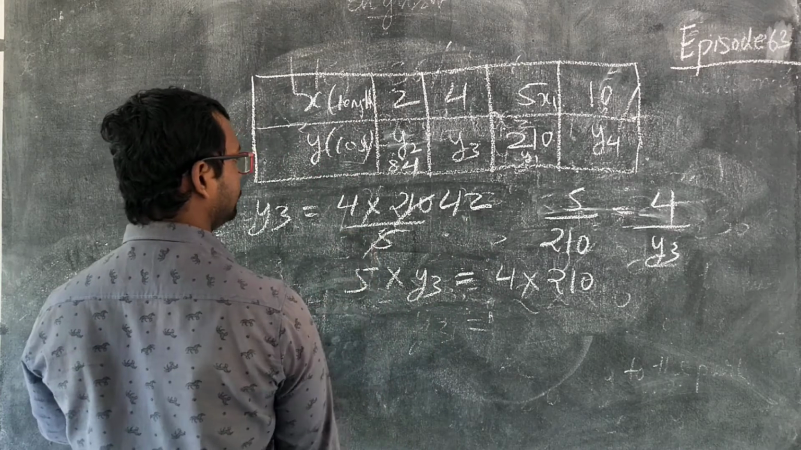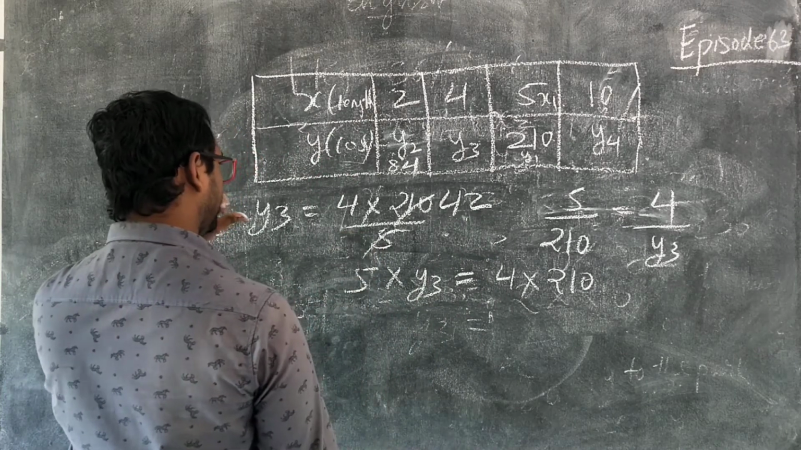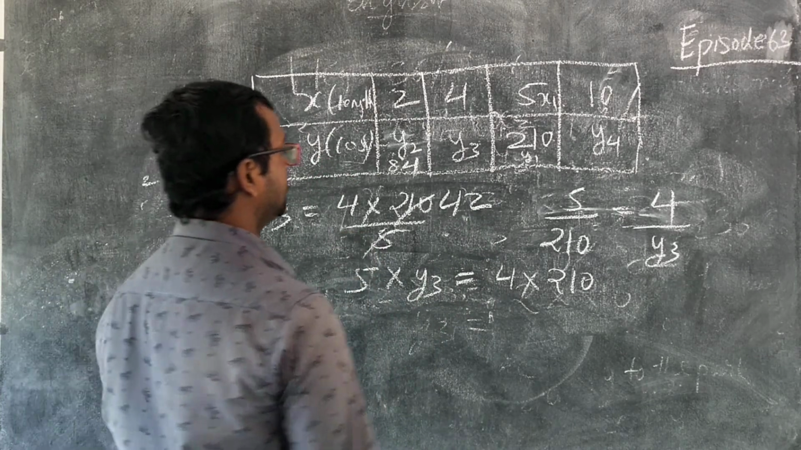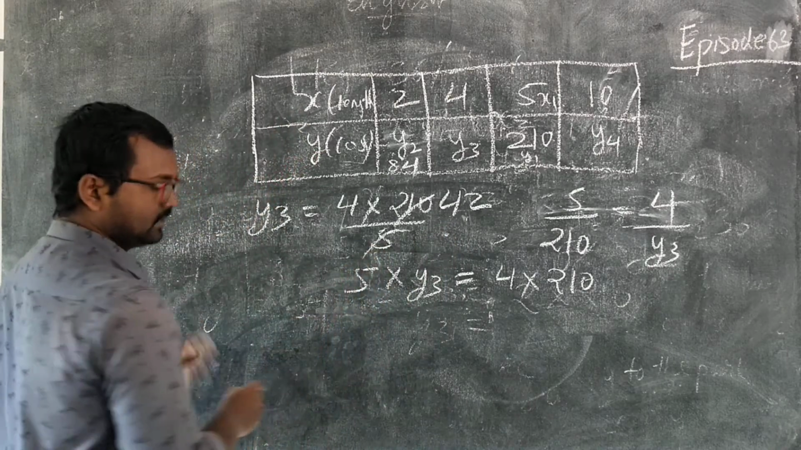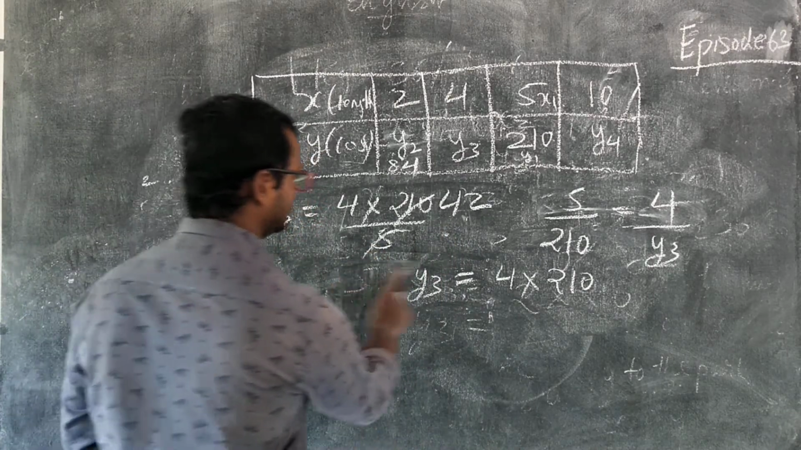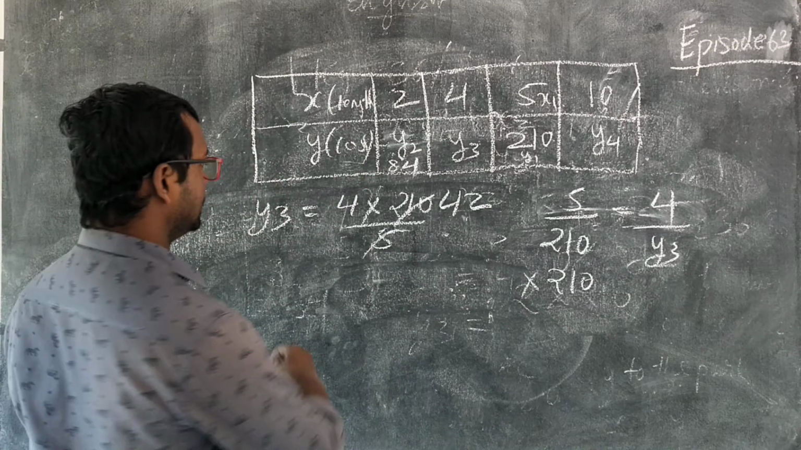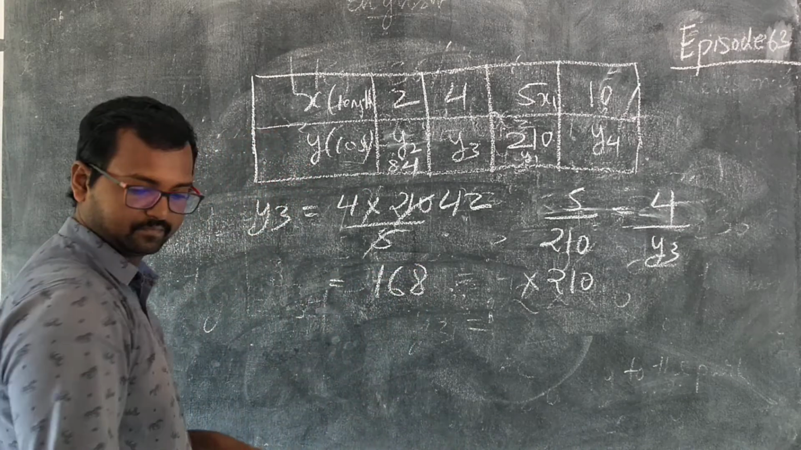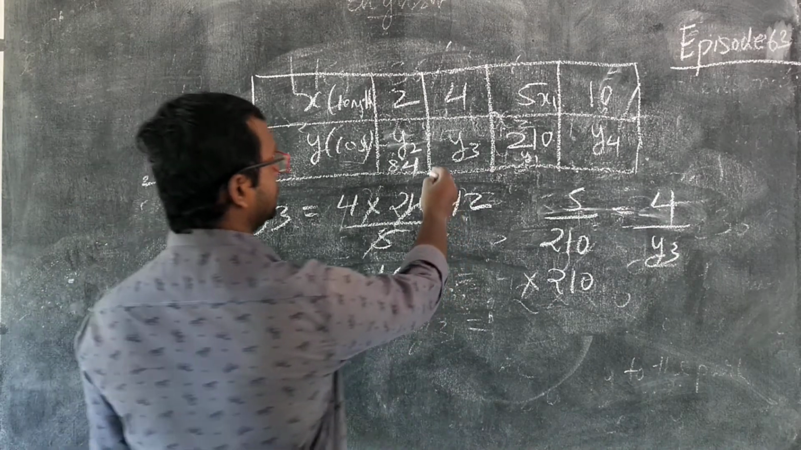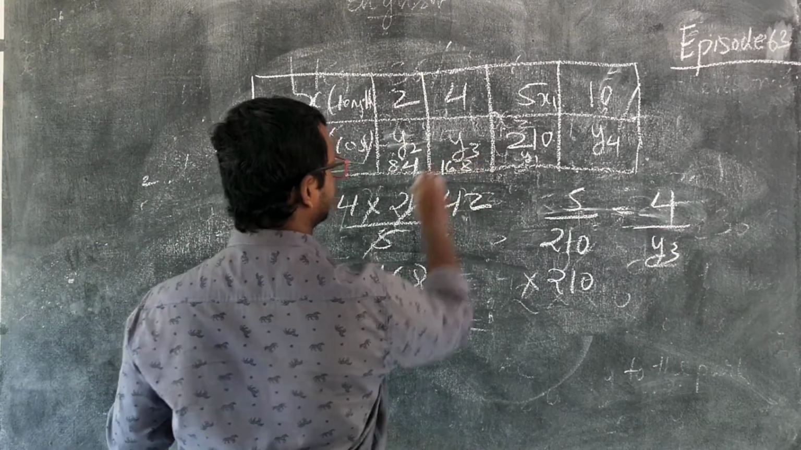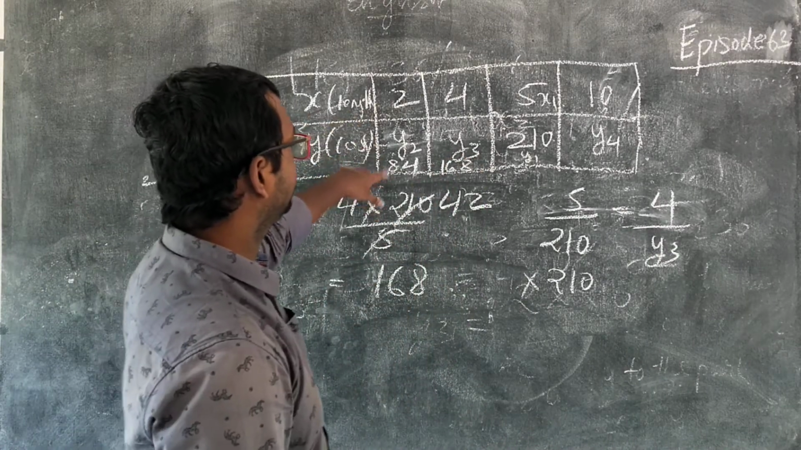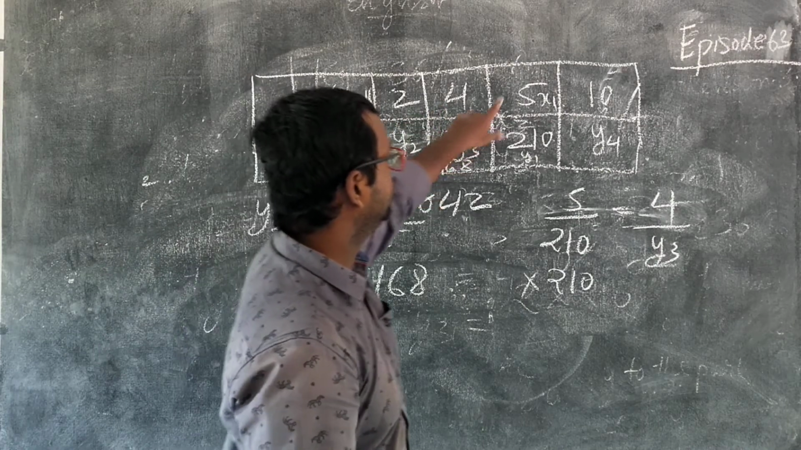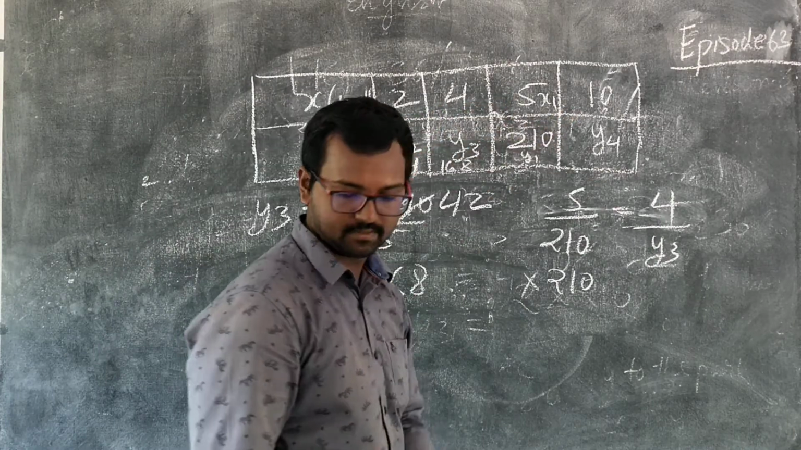42 into 4, 4 2s are 8, 4 4s are 16, 168. So the answer is 42 into 4, which is 168. So the y3 value is 168. So for 2 meter 84, for 4 meter 168, for 5 meter 210, and for 10 meter